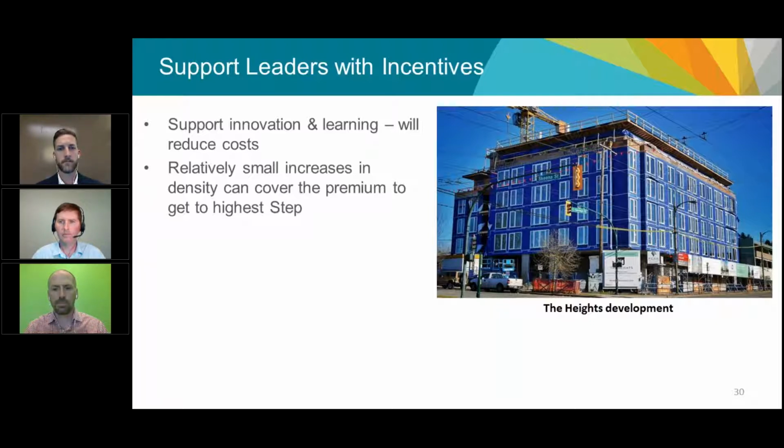Preliminarily, it looks like it would take relatively little added density for there to be sufficient value to make up the premium to go to those higher steps. So something we in the sustainability group at Richmond are exploring is what an incentive system could look like to allow for those higher steps to be built. And I really think this should be something that all local governments who are thinking about implementing the step code